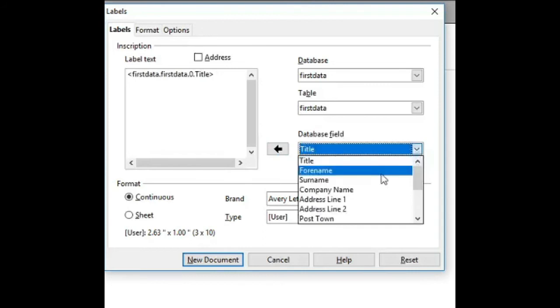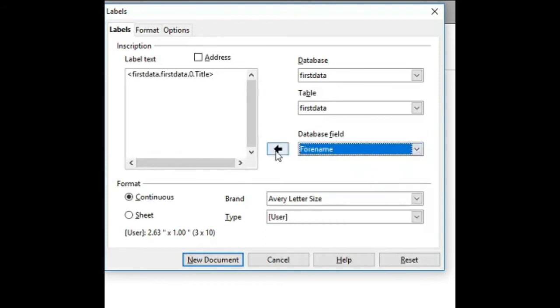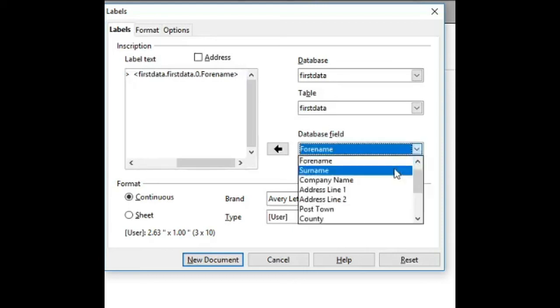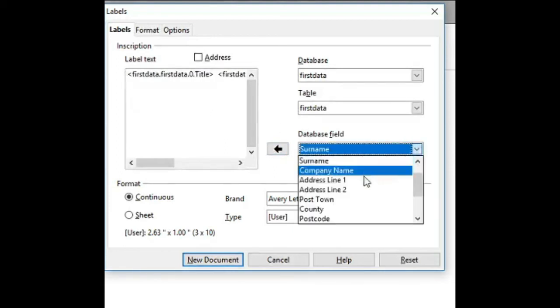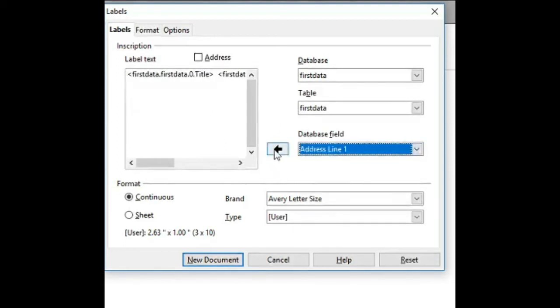Select another field, forename. Just press this button. Again give some space. Press the space bar. Select surname. Press enter key. Address line 1. Again press enter key.